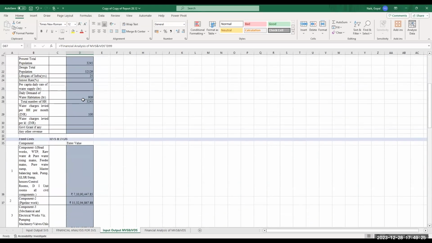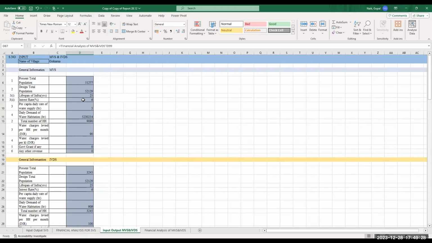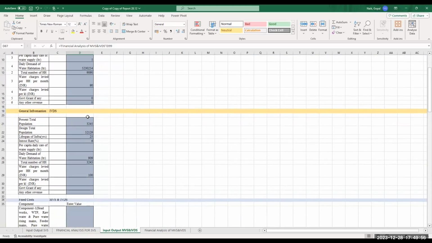Again, we have two parts. One is the MUS part, the water procurement and treatment and the tanks and so on, storage. Then one can get this general information about this command area, the population, design population, lifespan, and so on, as we have also seen for the SBS system. And again, the